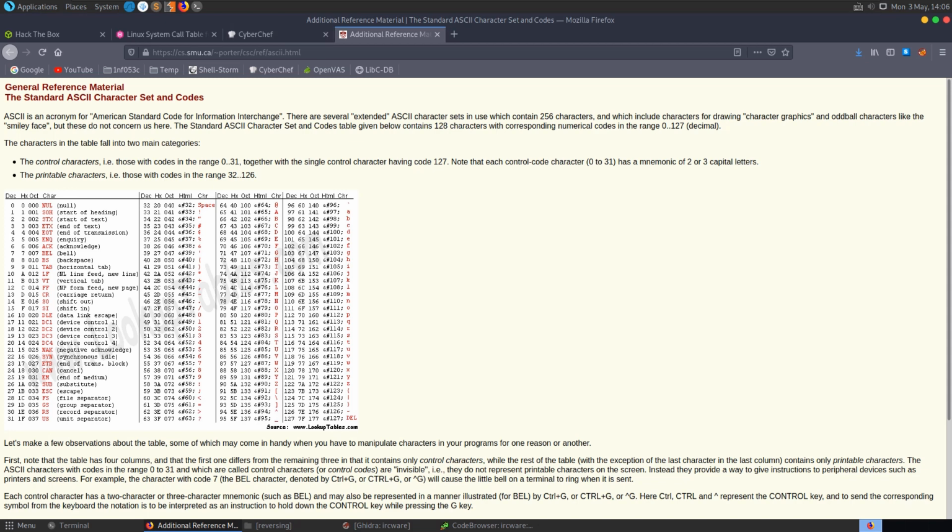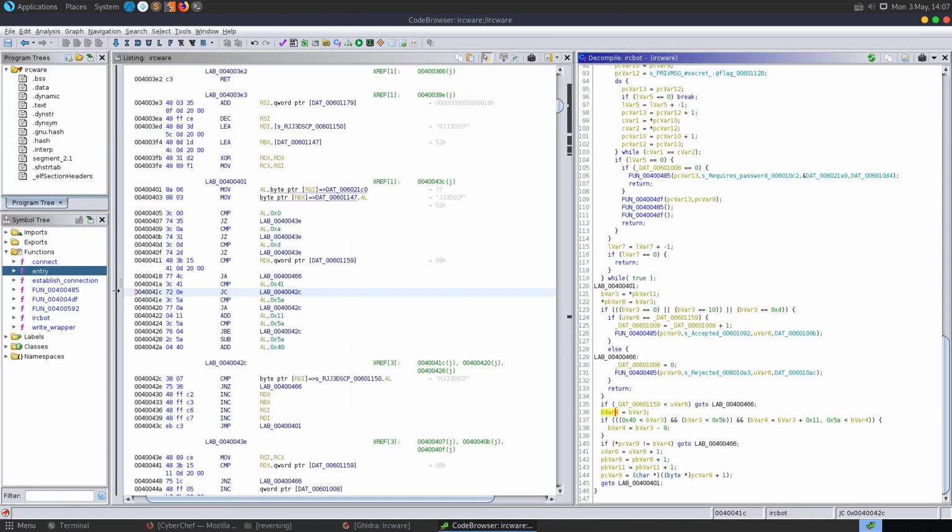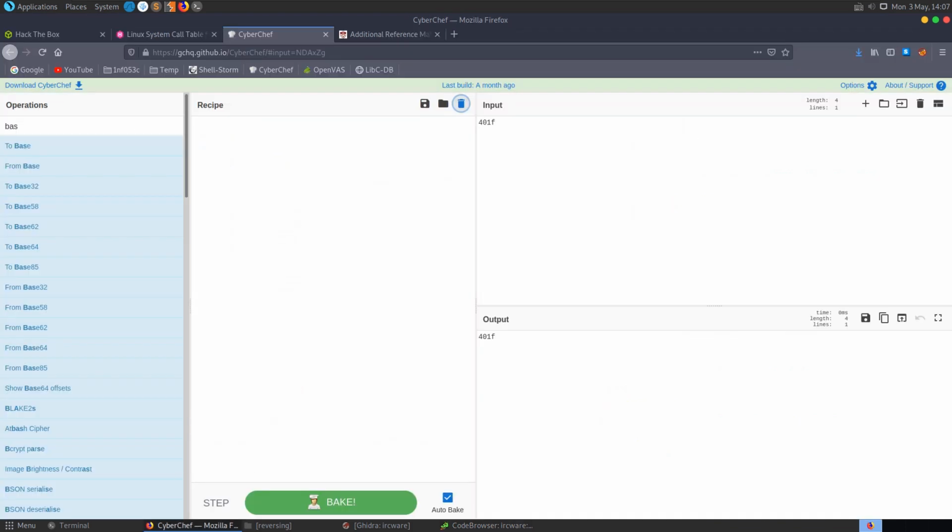So whenever I saw this, I essentially just looked at this first condition. So okay, if it's a capital letter, then it's going to subtract 9. So it's going to do bvar4 equal to bvar3, which at the moment are both the same values, and it's going to subtract 9. So if we take this value here and go to CyberChef,